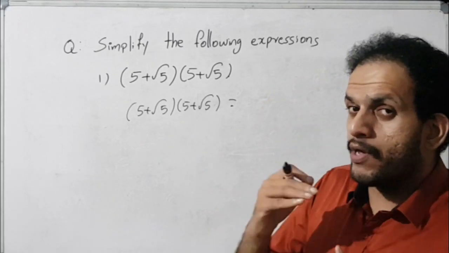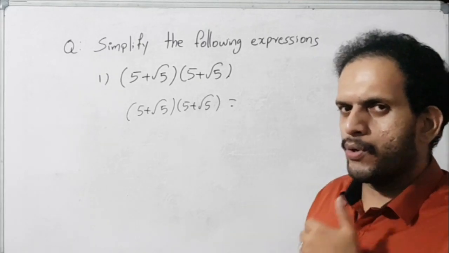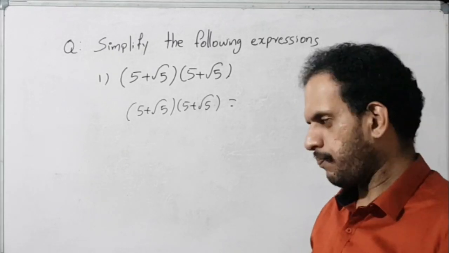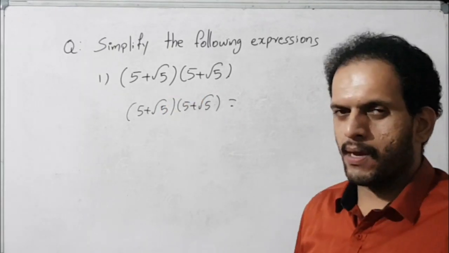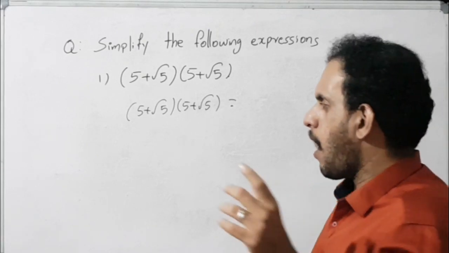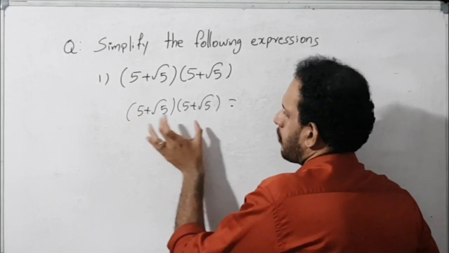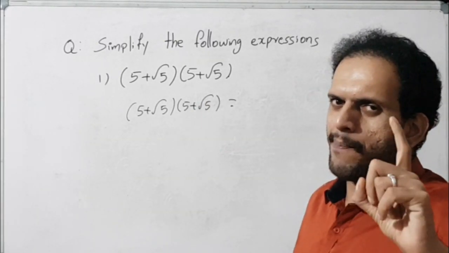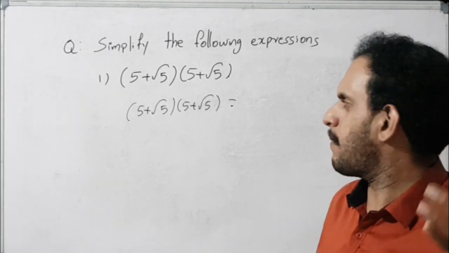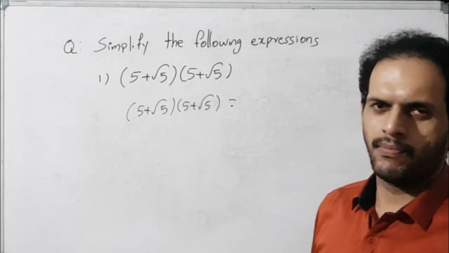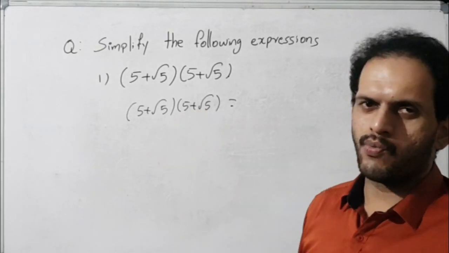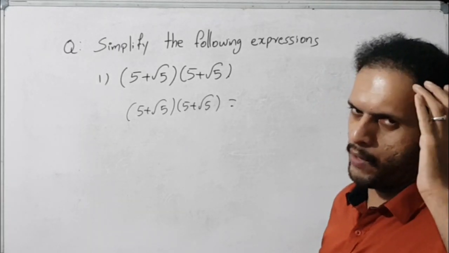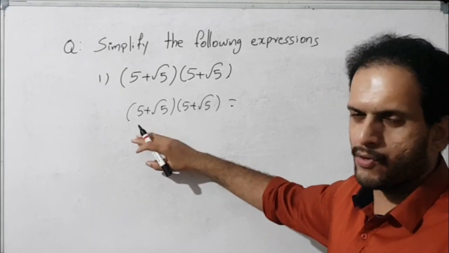Then how do we represent 2 into 2? 2 into 2 is equal to 2 square. We represent it as 2 square. 5 into 5, how do we represent it? 5 square. Likewise, how do we represent 5 plus root of 5 into 5 plus root of 5? We already did this type of question last year. At that time we used x as a variable, not numbers. Just recall that and remember the ideas we discussed last year.